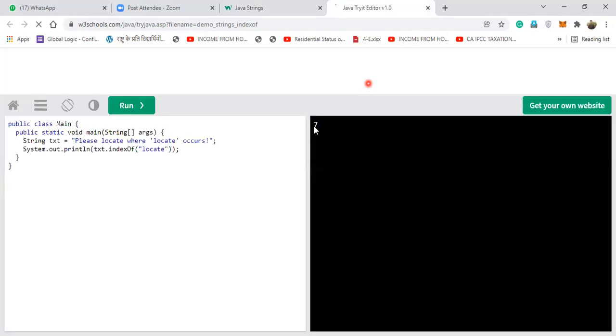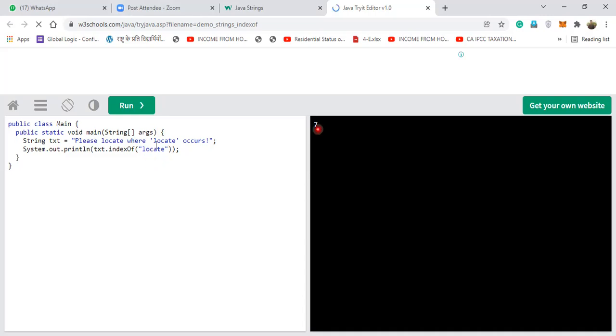How do you find W3Schools? Have you tried on your own? Yes, ma'am. How are you finding it? Ma'am, it's better than the GDB online compiler. GDB is also equally important. I'll tell you why GDB is important. Because here, input related functions you may not easily do, like when you have import java.io.*, you will not be able to do it in this till it is coming onto input from the keyboard.